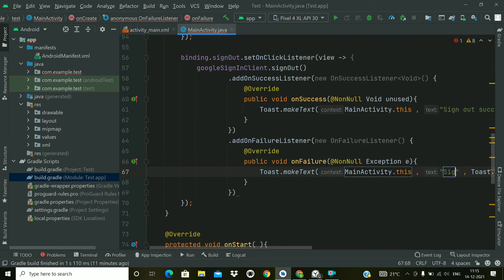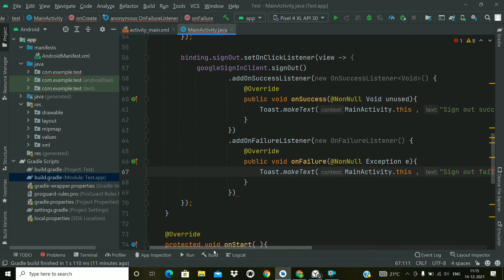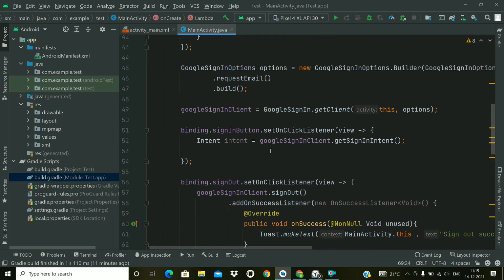So type the message sign out failed. So that's it. Put a semicolon here. So whenever a user clicks on the sign out button, it will initiate the sign out action.